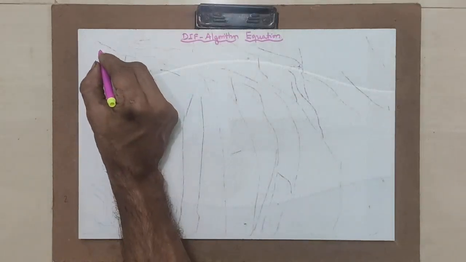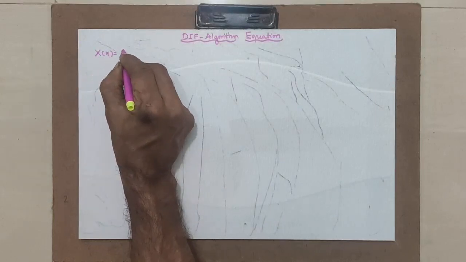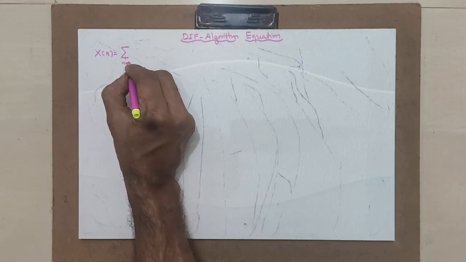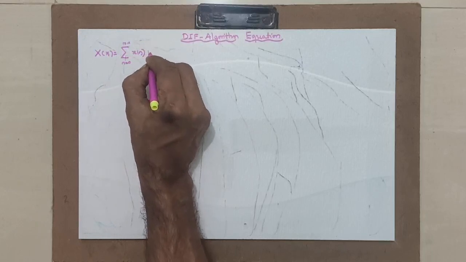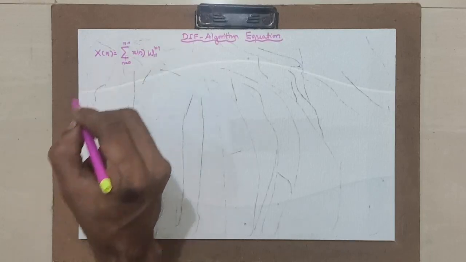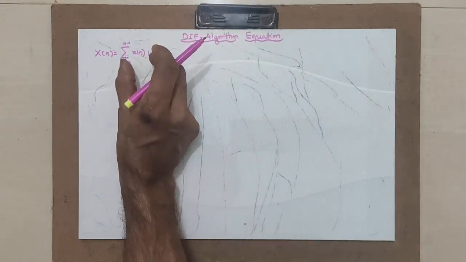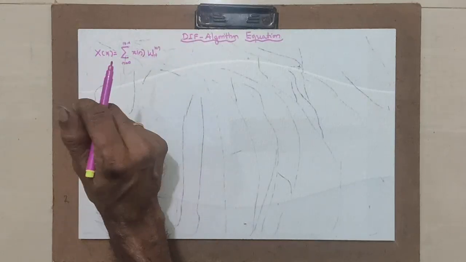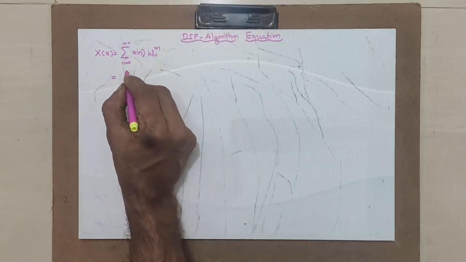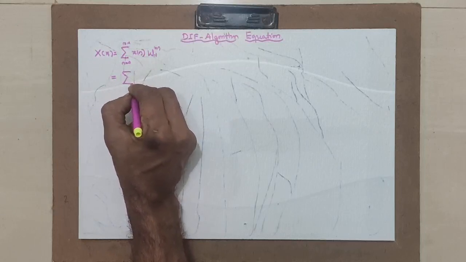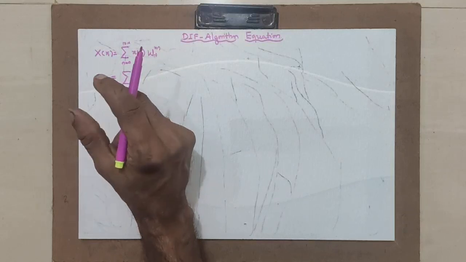You know the basic or fundamental equation for DFT, that is X of k is equal to summation n is equal to 0 to N minus 1 x of n W_N raised to kn. This is the fundamental equation. Let us divide this equation into two parts, that is first half part and next half part. Whereas in DIT you had derived it as even and odd part. Now what you are doing? First half and next half.